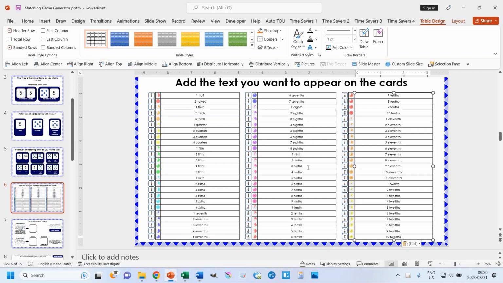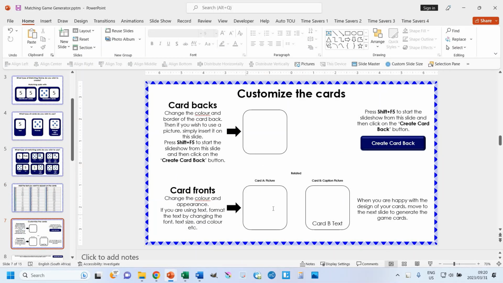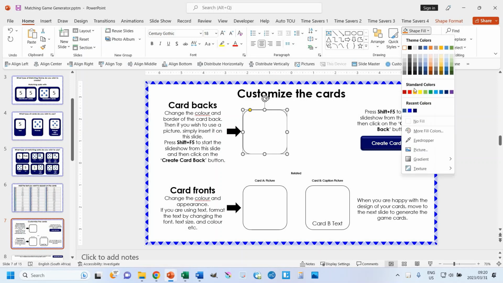Okay, so once I've got my pictures and my captions all sorted out and ready, I can go to the next slide. So I'm going down to the next slide over here, and here I've got an option to customize my cards. In this, I can choose to make my card backs whatever I want them to be. So I'm going to click on that, and I'm going to change the color. I can make that whatever color I want to. So I will make it